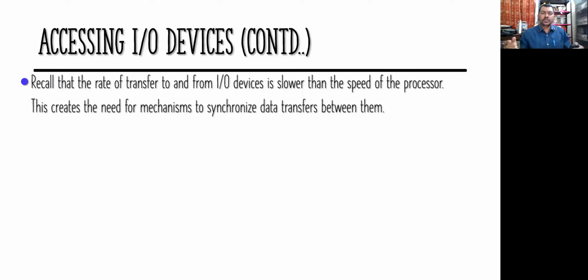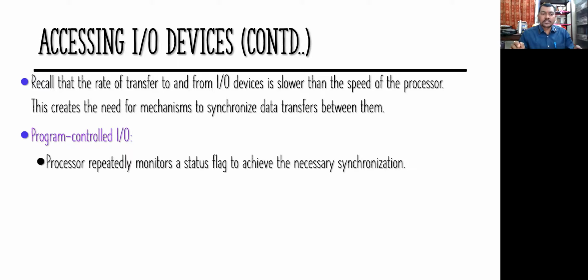So simultaneous data transfer should be there. So this creates the mechanism for synchronization of data transfer between them. And there are two or three types of synchronization. The first one is the program controlled input output device. Now, what is a program controlled input output device? In a program controlled input output device, the processor